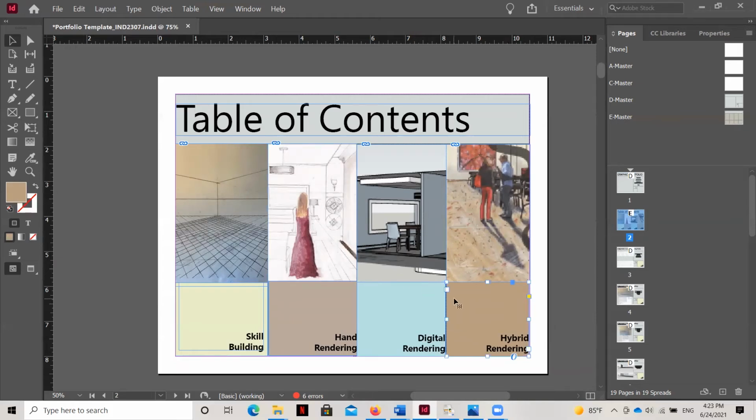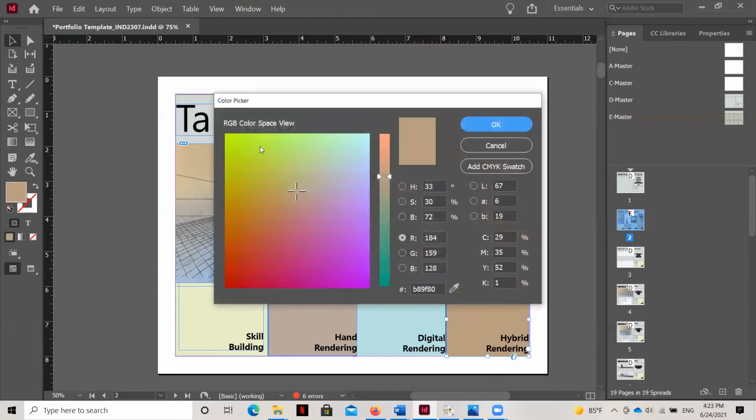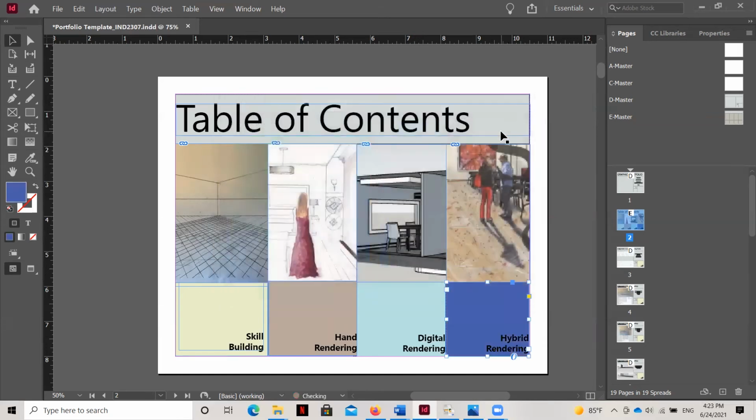If I want to change the color of that box, all I have to do is click on the box, double click on the swatch, and it will show me this kind of rainbow of colors. If I click and move through here, I can adjust all the different colors and change the color of those swatches. Once I find a color that I like, I hit OK, and the color will change. I'm going to hit Control Z to undo that.